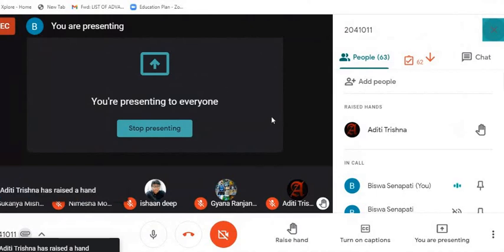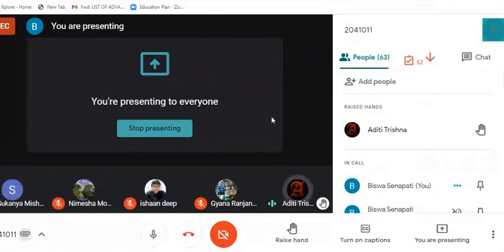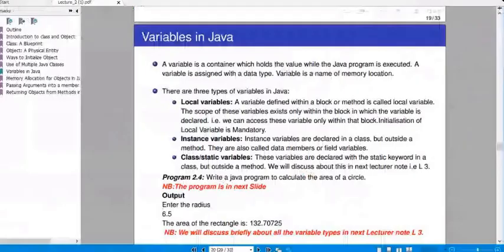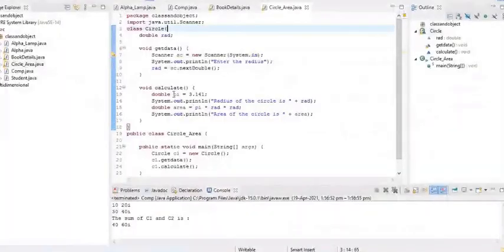Yes, Aditya. Can you again explain the local variable? Yes. Whenever I say local variable, a variable defined within a block or method is called a local variable. If I go through the code, calculate is the method. Inside the method calculate, I have declared a variable pi and a variable area.